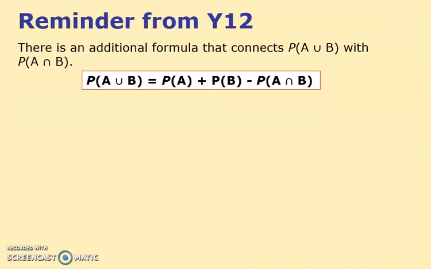Alright then, so now we've got this question. I'll just get my pen back. We've got a question on probability, and I just want to remind you before I have a look at this, this formula we saw at GCSE, well, very little, but definitely at A-level in year 12 we saw it properly. And it was this formula which basically said the probability of A or B happening